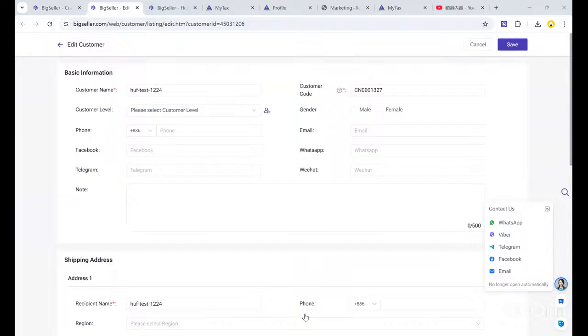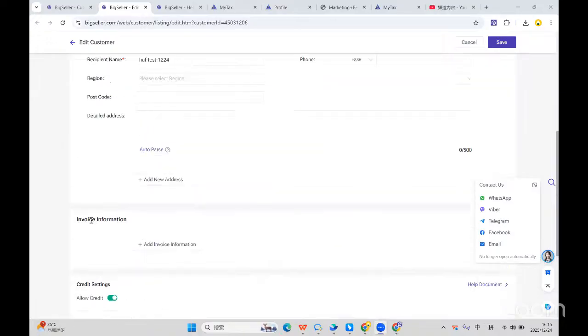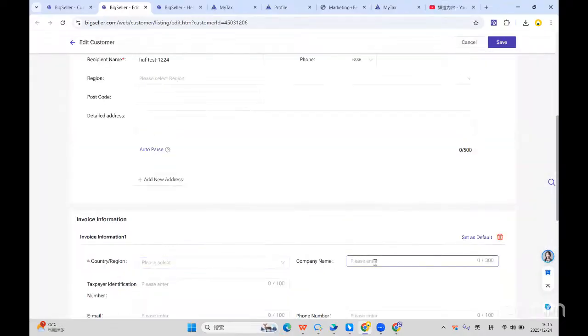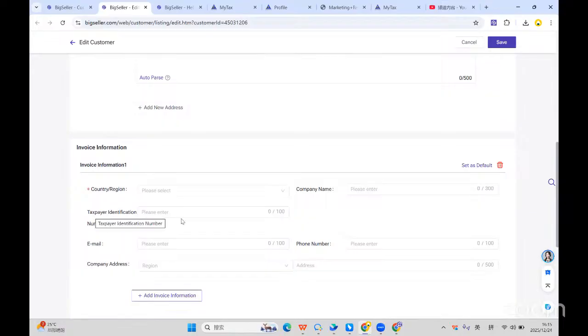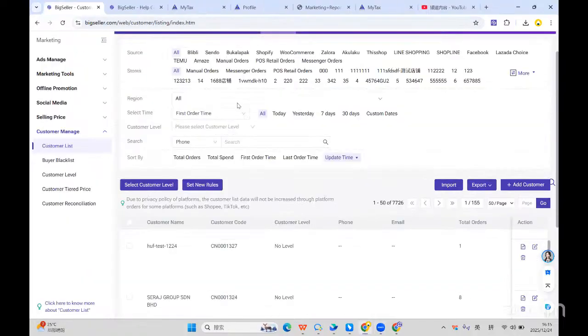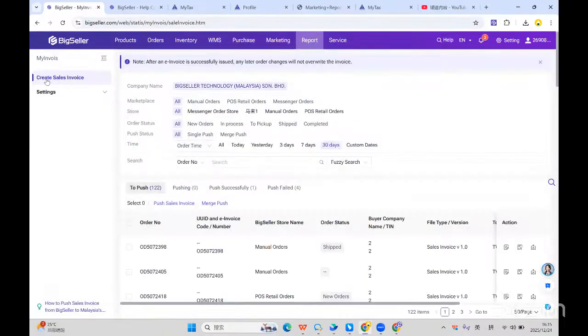as you can see, you will see this one, invoice information. So you can choose to add your invoice information, for example, like this one, the country and the company name, the taxpayer's identification, all this, and save it. You can add the invoice information for all your buyers. So after that, you can go to the report My Invoice here,